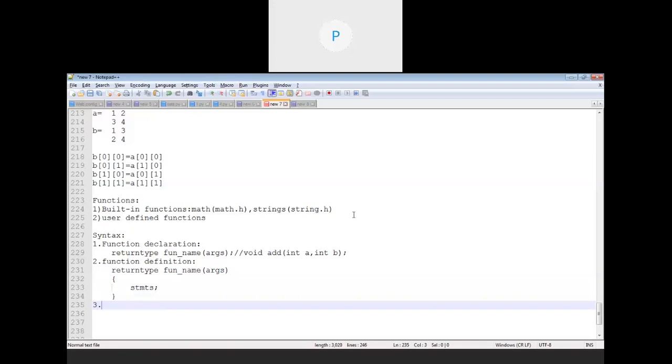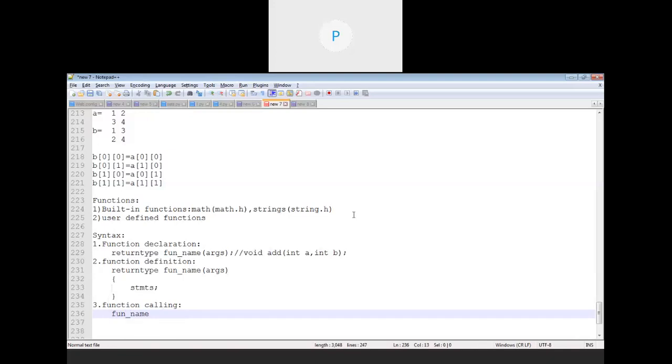And the last part, once the function is declared and defined, is just function calling. So how is the function invoked? To invoke that function, you just have to provide the function name and the corresponding values if it has any arguments. The function calling is always done within the main method or within another function.